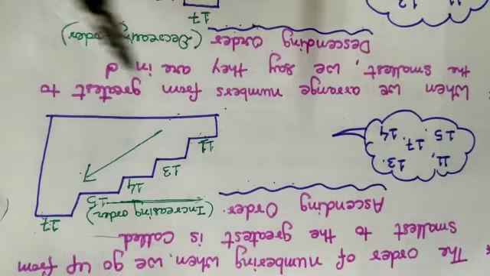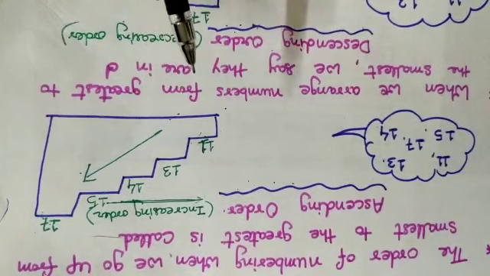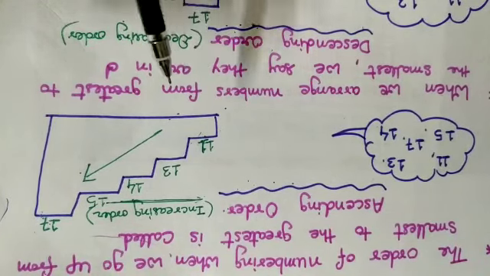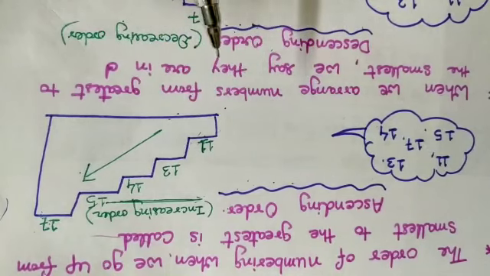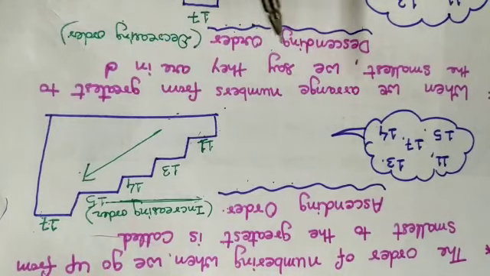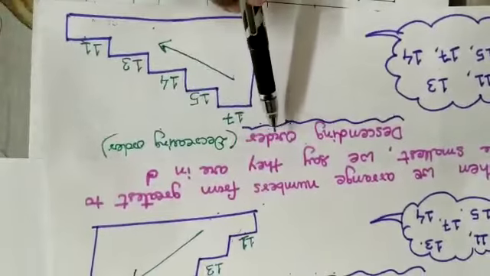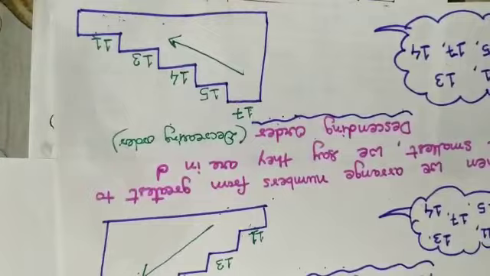Now in maths, the more practice you do, the more intelligent you will be. Math is the thing for only practice, and practice is what makes you perfect. Descending is from greatest to smallest.